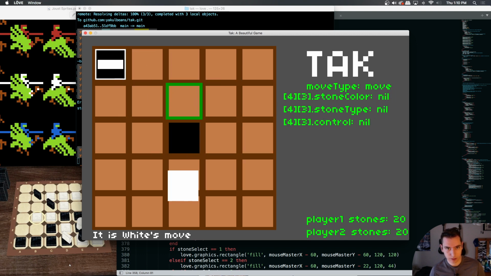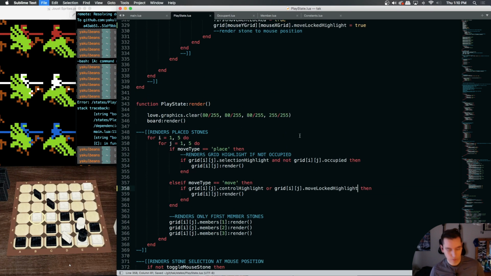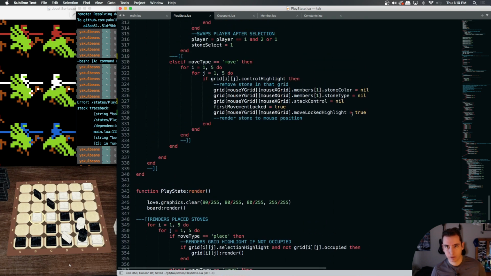Yes. Okay, so the next step now, so that lighter green is that first moveLockedHighlight, which gets set upon the move type, but this is only if